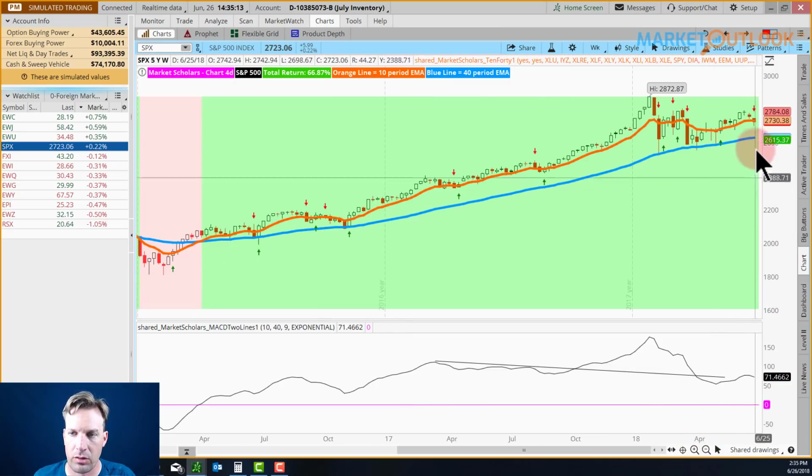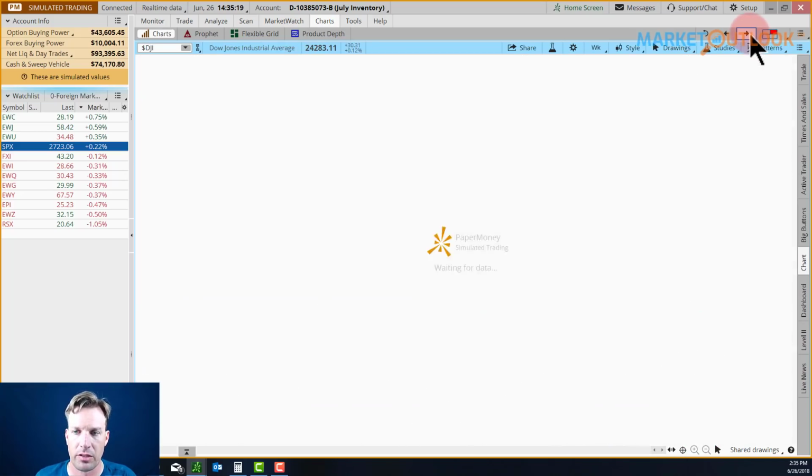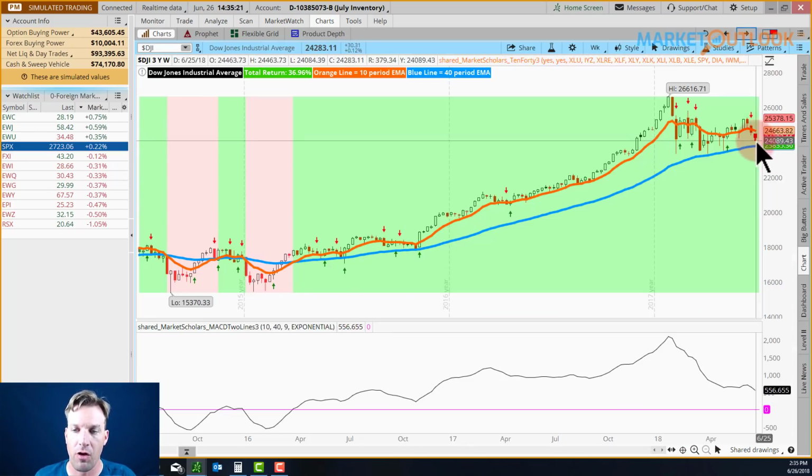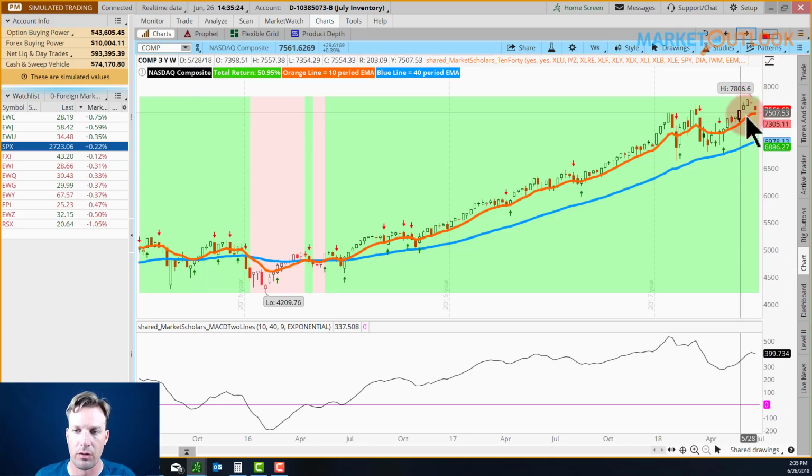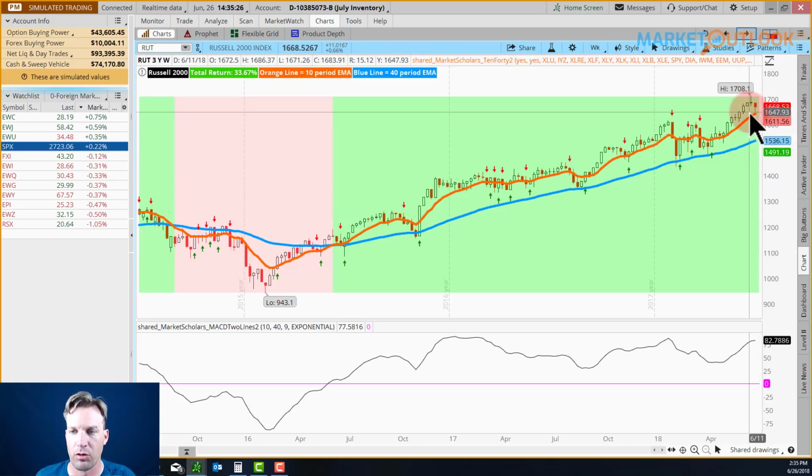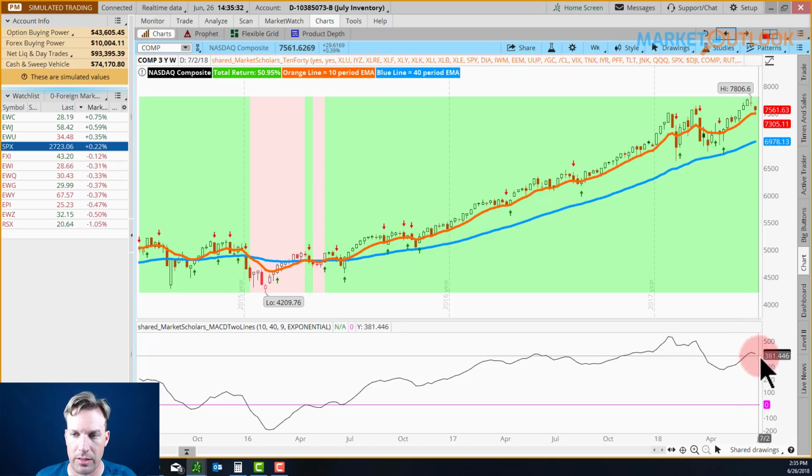So you can see again, we bounced up a little bit today, but we're still below the 50-day moving average. So we still have the green arrow on the red arrow on the S&P 500. We're below the falling 50-day on the Dow. The Russell we're still up above despite the pullback, and the same with the Nasdaq. And they have very strong momentum levels.